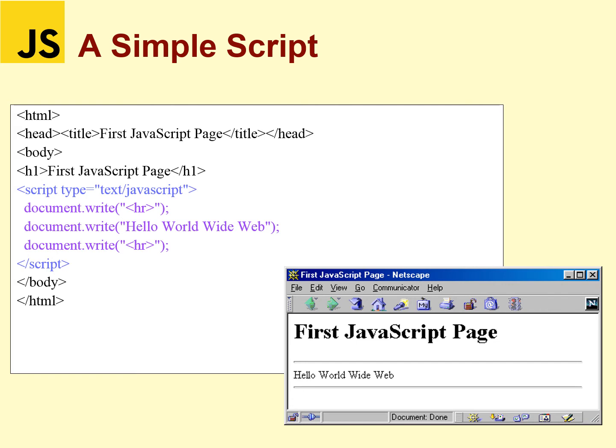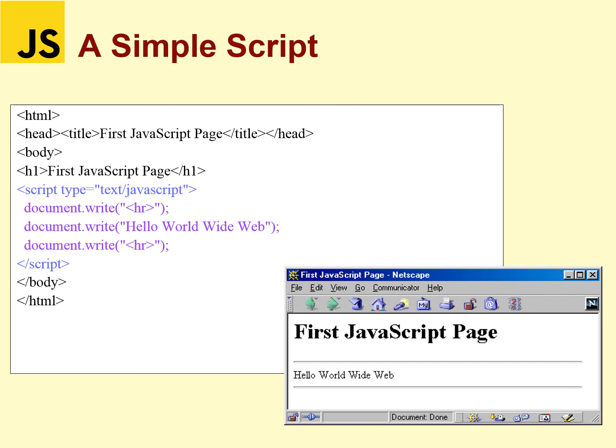In JavaScript, document.write specifies that the print happens on the web page, and the data to be printed here is the HR tag. HR in HTML stands for horizontal line. So a horizontal line will be placed in the body of the web page after the text first JavaScript page, which is placed in header H1.